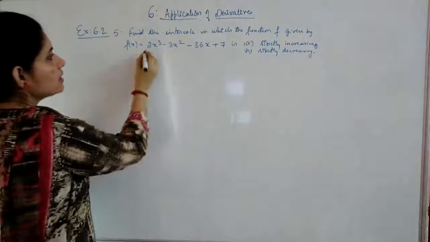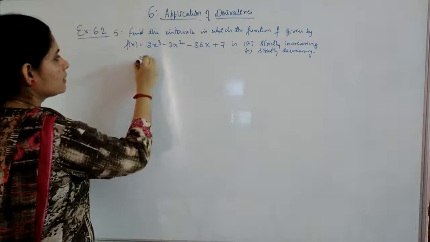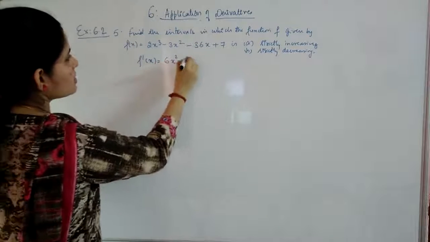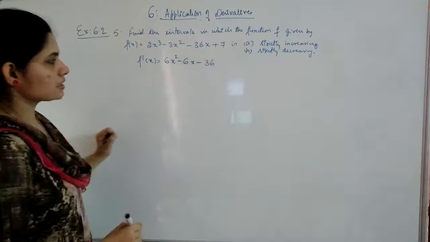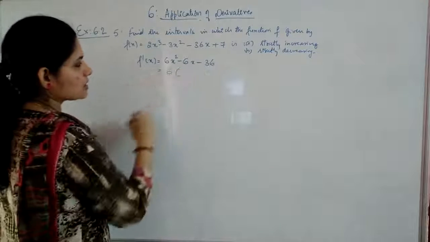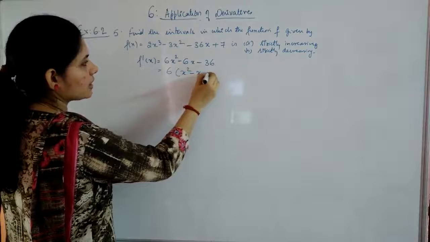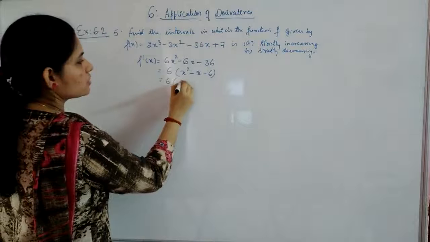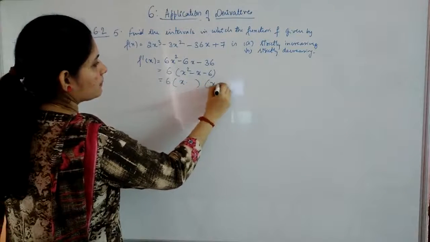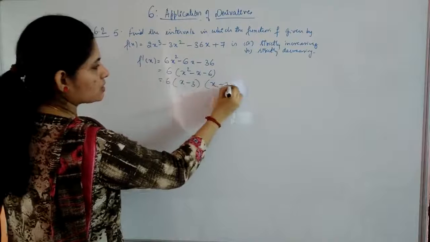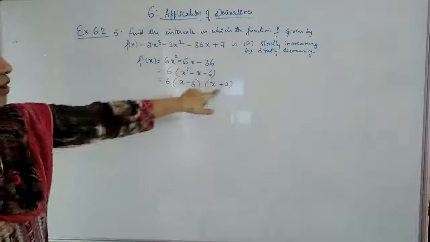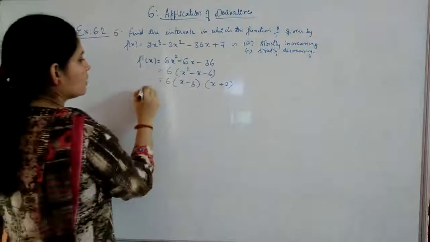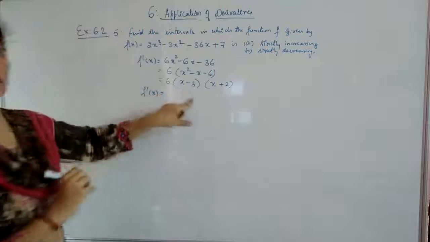Again, what you need to do is take the function and find the derivative. What is f dash of x? You will get 6x² - 6x - 36, correct? Now you have 6 in common, so this will give you x² - x - 6. Again, break it into 2: 6 into (x - 3)(x + 2), because both are negative plus 2. So the product will give you -6 and the sum will give you -1. Okay, so now you have to equate this with 0.